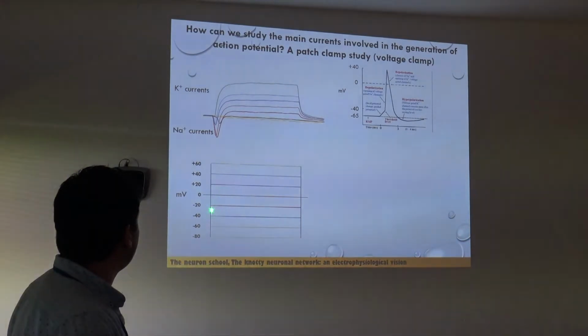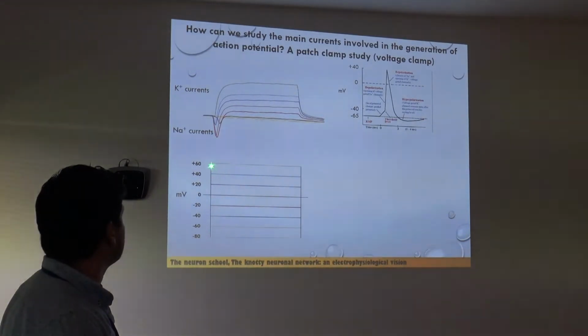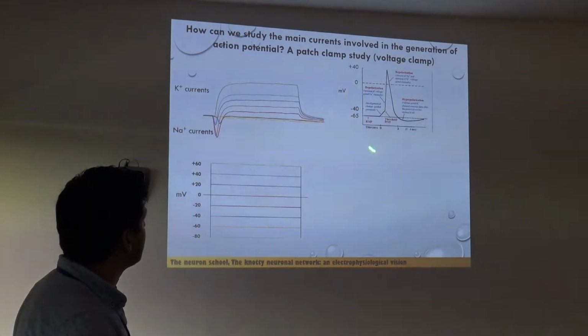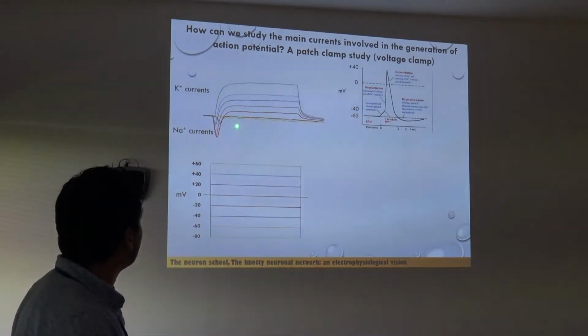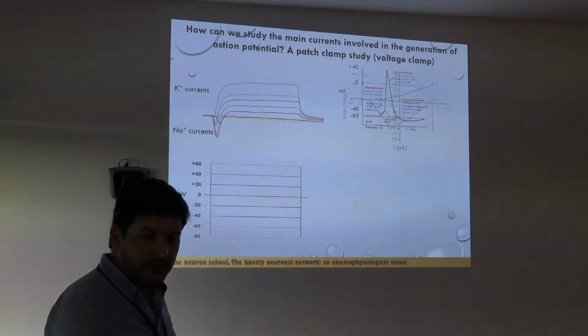We apply different steps of voltage, from -80 to +60. So we cover all the voltages that are covered by the action potential variation, okay? And we record the different kinds of currents. You can see the negative part of the current and the positive part of the currents. Which currents are they? We apply pharmacology,